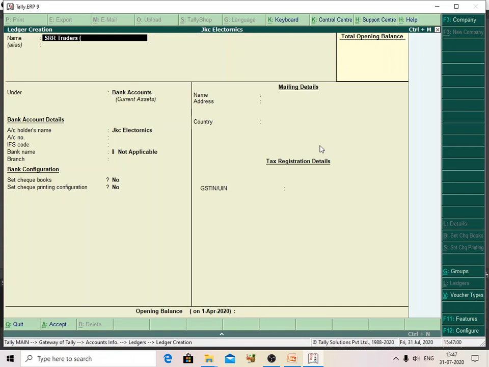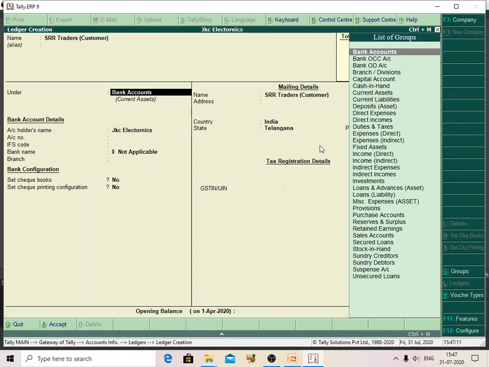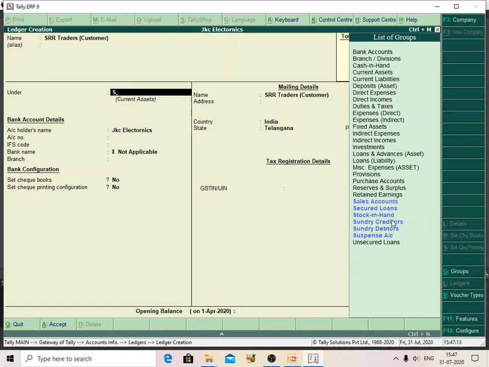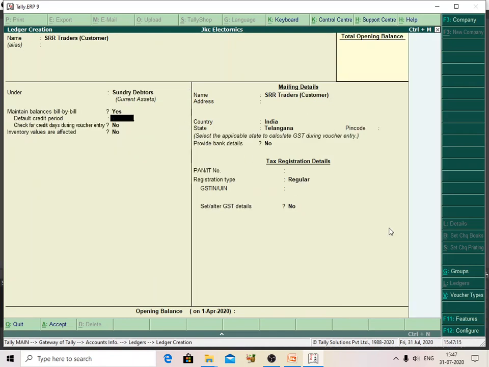SRR Traders is also my customer. It is also under the Sundry Debtors accounting group, and I say maintain bill-wise details, yes, and I am leaving the credit period blank, just accepting the screen. So like that he will pay a certain amount.